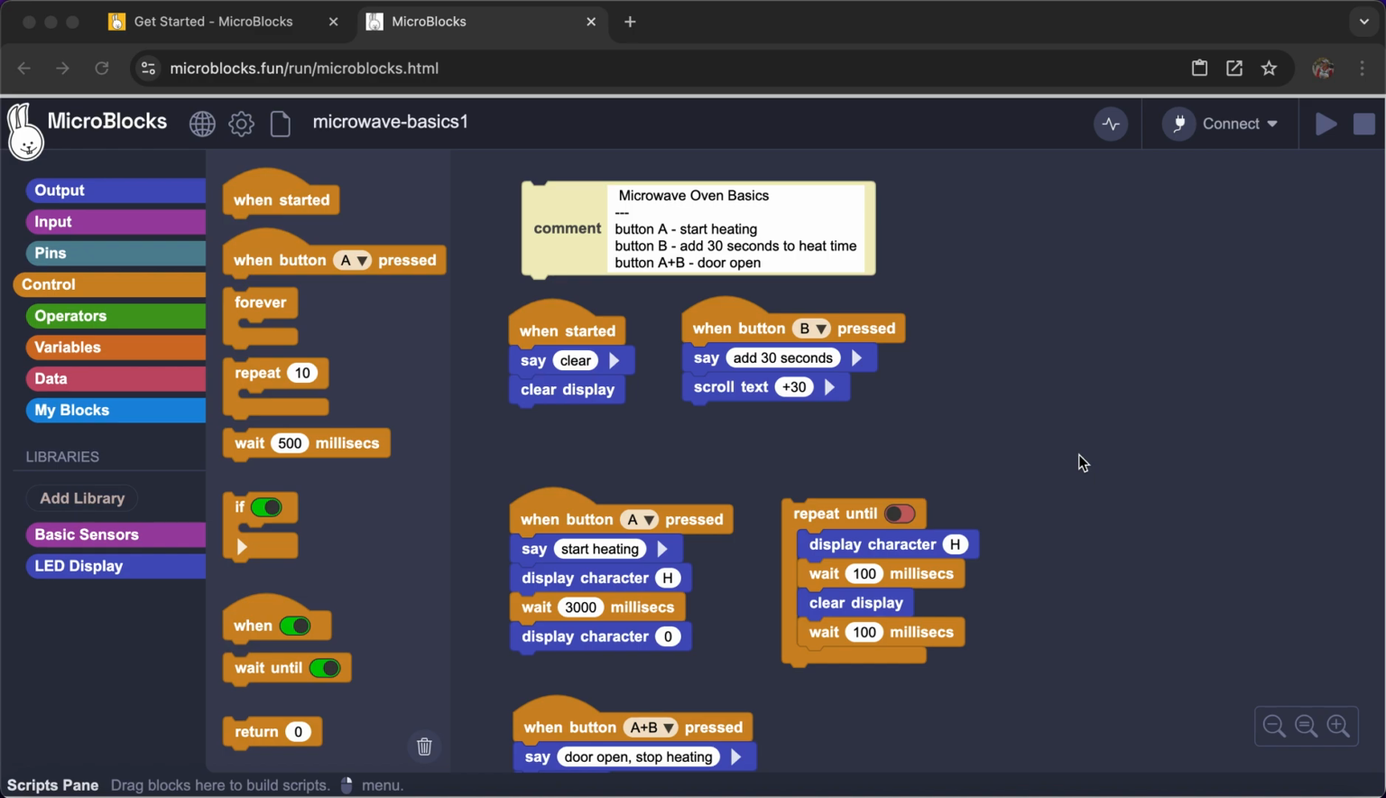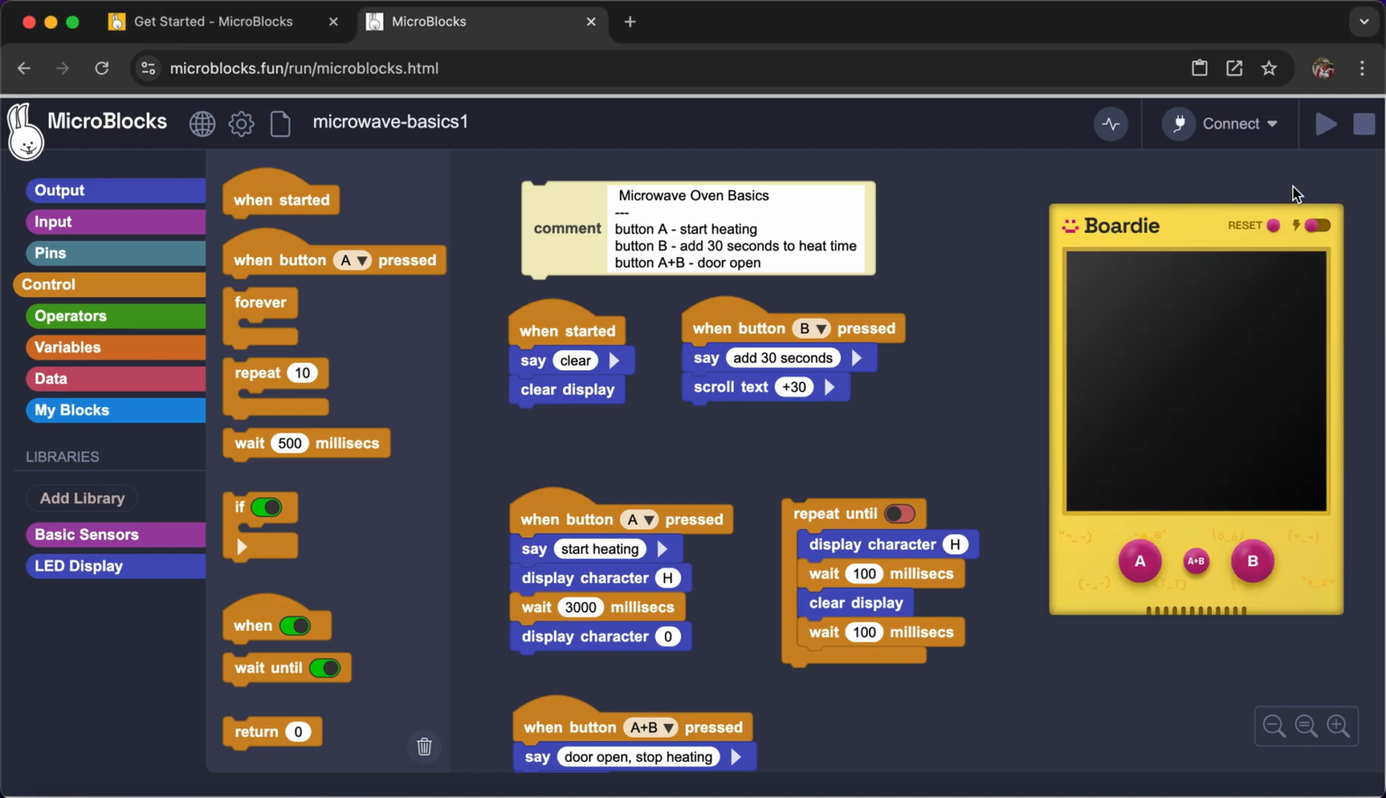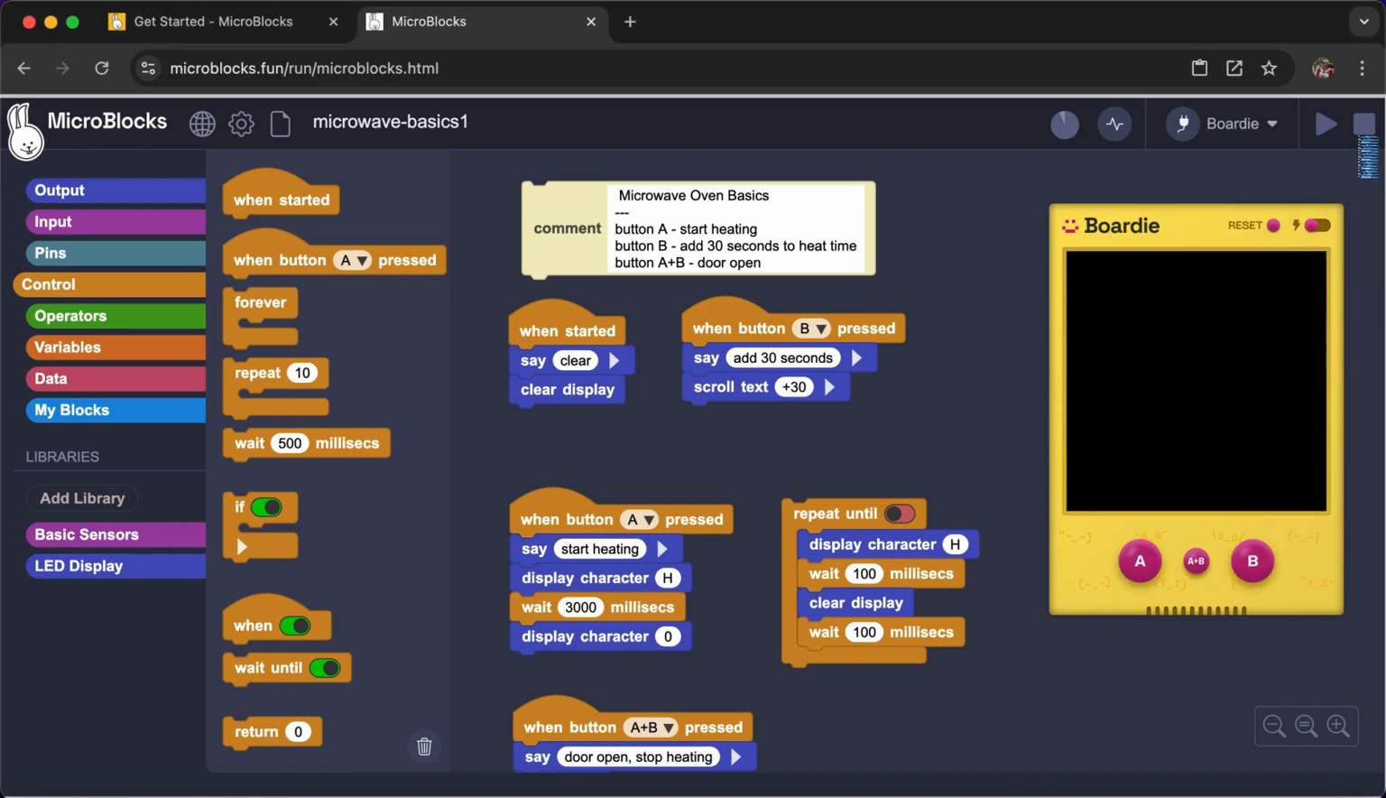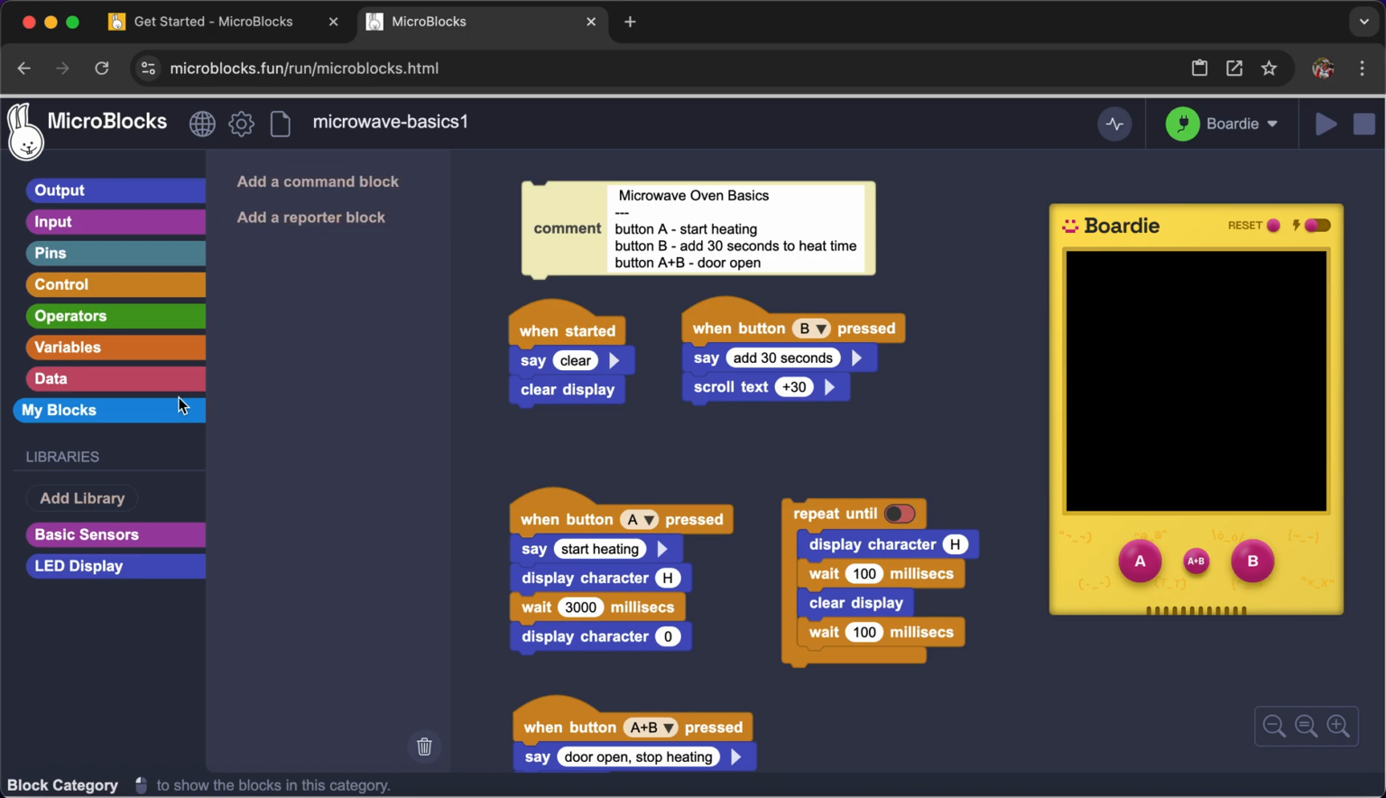Okay, we're going to take the microwave oven basic script and we're going to add a little functionality to it. Let's just open Boardie so you can see what's going on here. And just when I start, you can see it's cleared. There's a really clever thing here in MicroBlocks where you can add commands that do stuff like the heating is